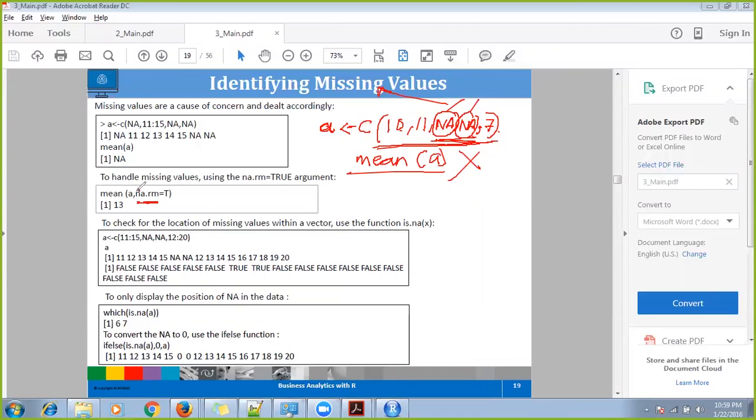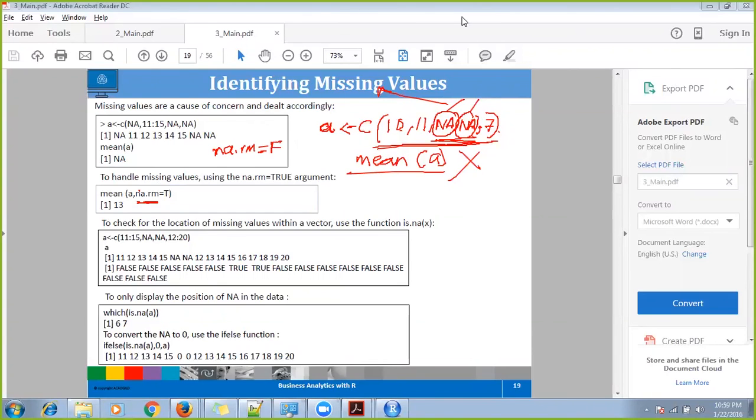NA means not applicable, that is, missing, and rm means remove. It's asking, should I remove my missing values? If I set it equal to T, it will remove all the missing values. By default, na.rm is equal to FALSE.